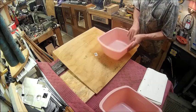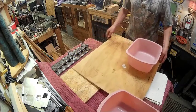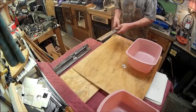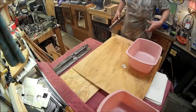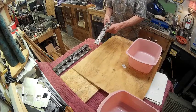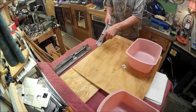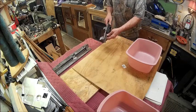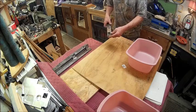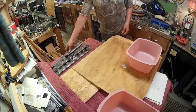The reason I'm doing this is because these slides can't be taken apart. Most slides have a little lever on them that you lift and you can slide the whole thing out. These you can't do that. In order to do that, you would have to bend this big old piece of metal in every time you want to do it, and I'm not sure you'd ever be able to get to it. So since we can't take these drawer slides back out of their holes,